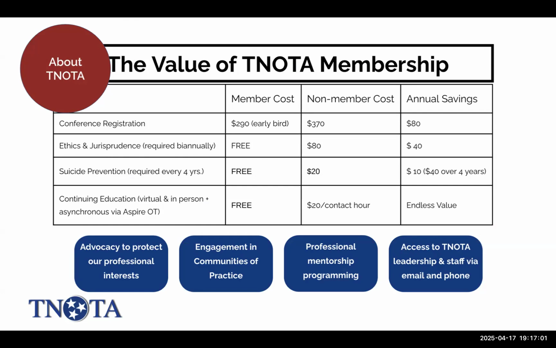For a first-year practitioner in the field, so after the first year after graduation, an OT assistant can be a member for $40 for the year, and an OT can be a member for $60 a year for the first year of practice. After that, the cost is $80 per year for an occupational therapist and $60 per year for an OT assistant. Anyone who is retired but wants to maintain membership, that's $40 a year. And for our students, both OT and OTA students, that is $20 a year.